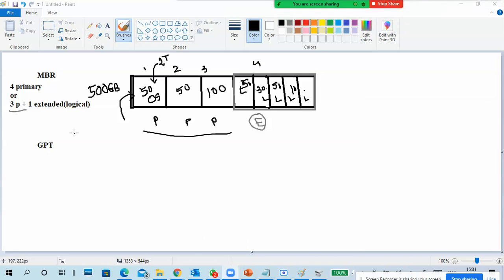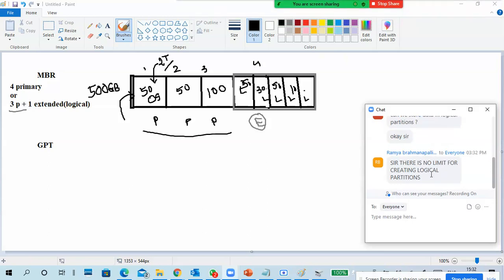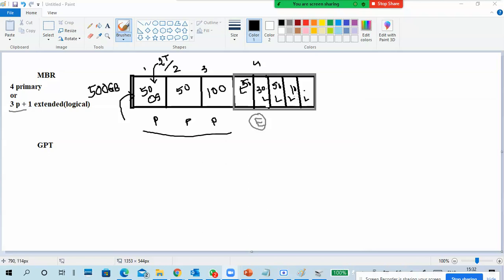Next, what I said: the limitation of partition size in MBR is 2 terabytes. Regarding the number of logical partitions, practically we didn't check it, but generally we don't have any limitation.